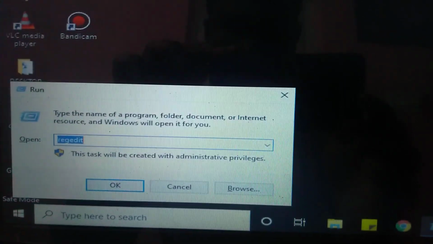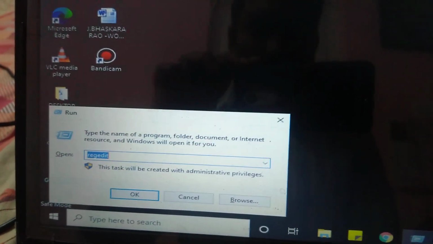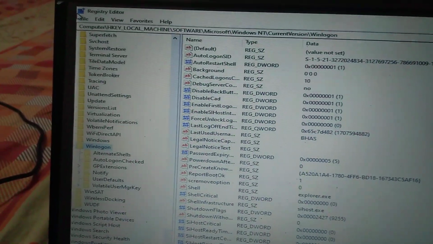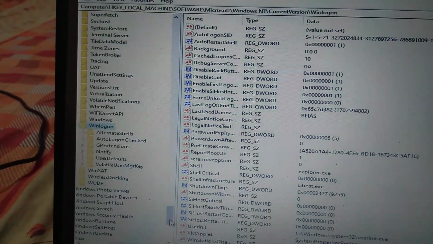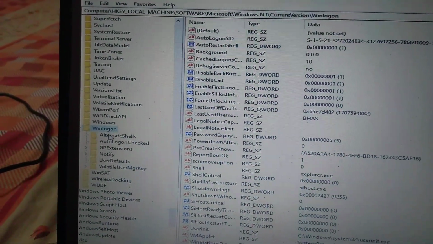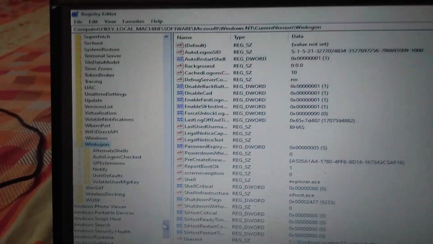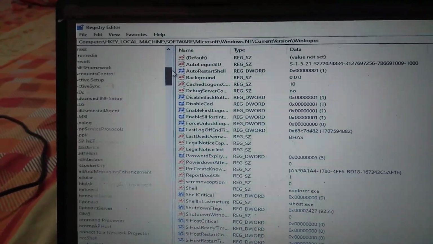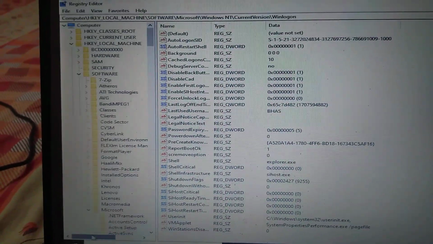If there is still an issue, then there are two other options we need to check. One is going into the command prompt, where there is an option called regedit, the registry editor. I am explaining these two things. Here there is a path, the Windows logon. I will reopen it, don't worry. Here the shell should contain explorer.exe.